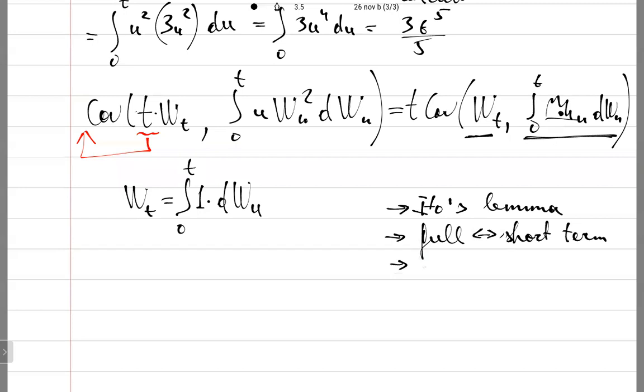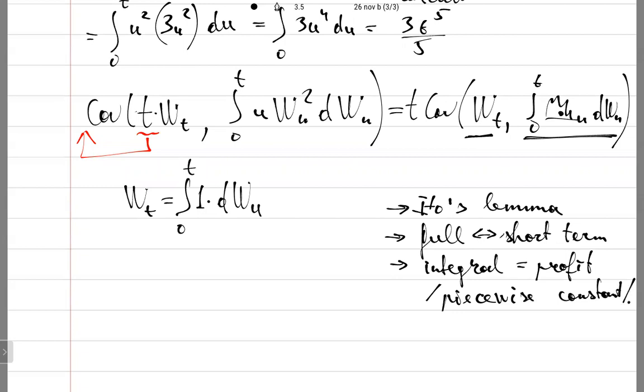This intuition can serve as a definition for piecewise constant processes. So if I have 1 share of Brownian Motion Corporation, and I just hold 1 share of Brownian Motion Corporation,